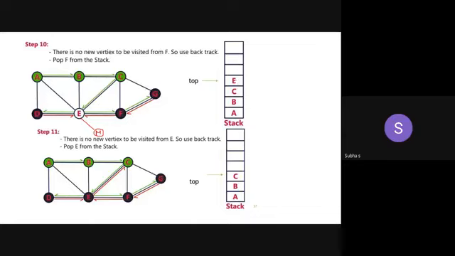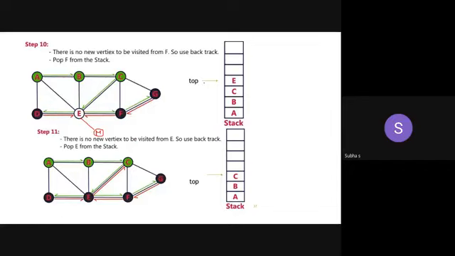Then from M, you are checking is there any other unvisited node. There is no more node. So you have to dequeue M, pop M. Then you are coming back to E, and checking is there an unvisited node. Like that, you should not miss any vertex. That is the important thing. Got it? So just ignore this one; I mentioned that example just for understanding. A graph may be given in any order. There may be 11 vertices, 10 vertices, anything.